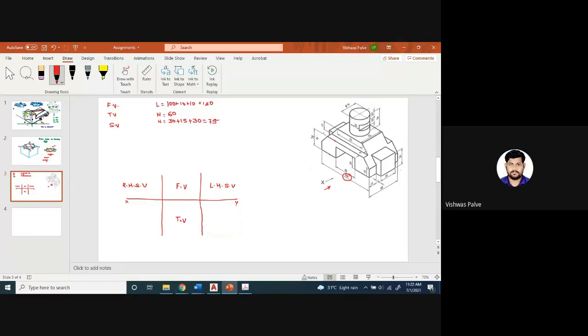Now in this problem, here we are going to draw the front view. So in front view, it will be having maximum length and height. Okay, in top view, we have to use maximum length and maximum width. Okay, then in side view, it will be using height and width. Okay, now here also in side view, width and height. Okay, these are the features which we are going to use. With the help of these dimensions, we are going to complete our front view, top view, side view.